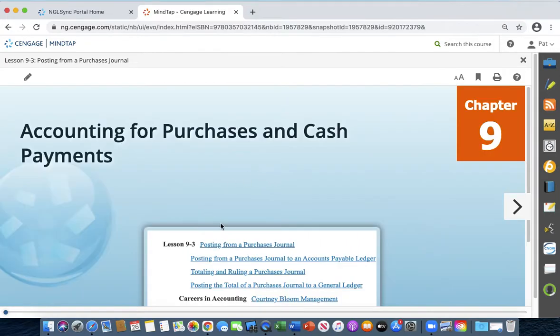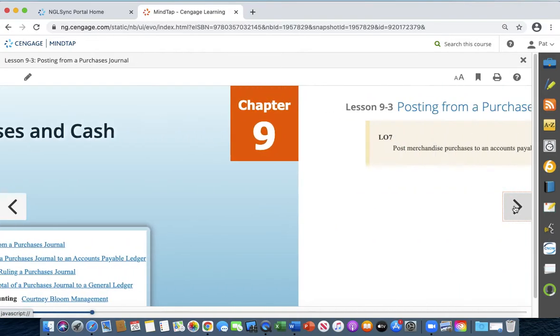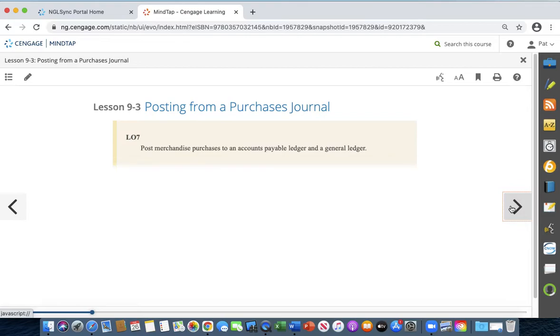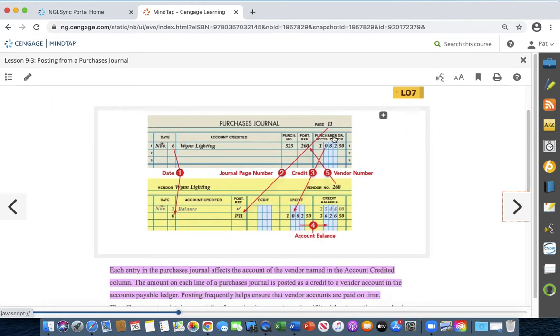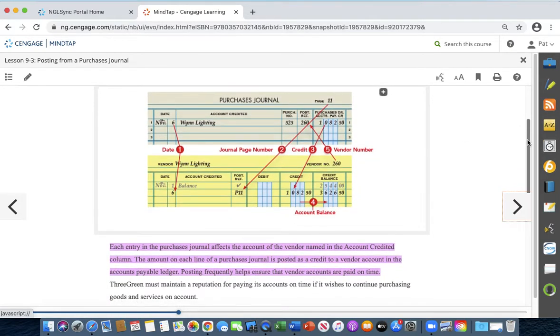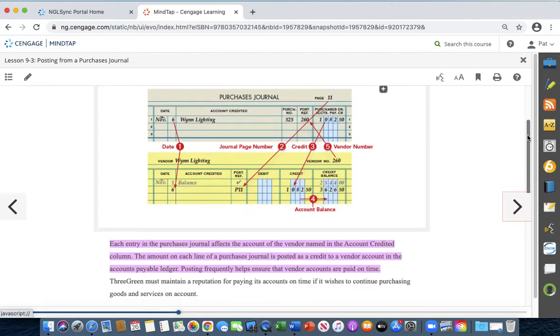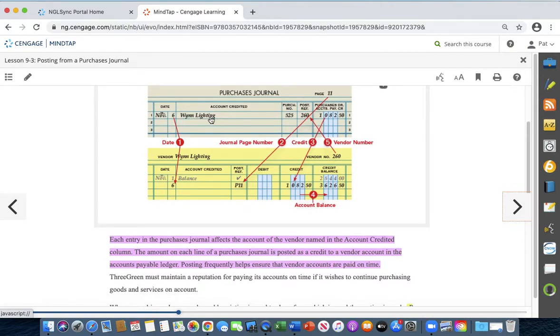Dealing with 9.3, we're just going to be posting from the purchases journal. Now, there are a few things we need to post, and so we want to talk about these accounts and how we're going to deal with them. Okay? So when we're looking at the purchases journal, we used Win Lighting as its first example in